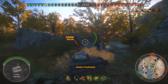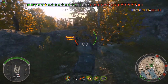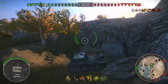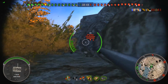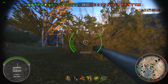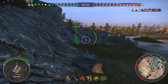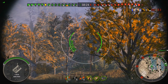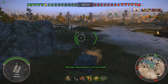But this game demonstrates very well that you only have 30 shells in this tank, and that is very, very important. That's not a lot of shells, because it's an autoloader. It lets those shells rip so quick, so fast. And this was one of the first battles where I actually almost ran out of shells, and it was not because I wasted them, but I kind of did waste them at the same time. I inflicted a nice bit of damage on the enemy, but at the same time I shouldn't have, because I'm a scout, and that's where my shots should be coming from,